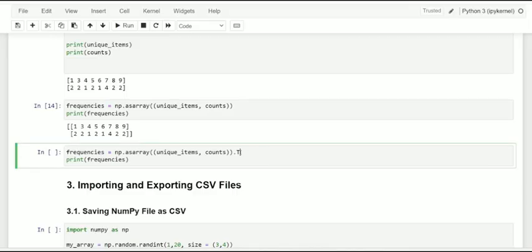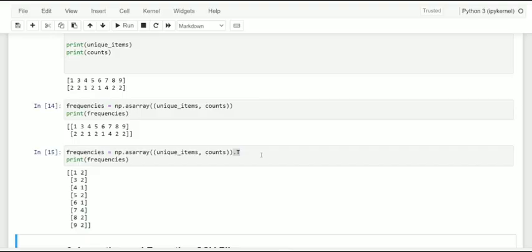We are just including dot and an uppercase T, which specifies the transpose. And see here, dear friends, 1, 3, 4, 5, 6, 7, 8 and 9, and here we get the number of occurrences.